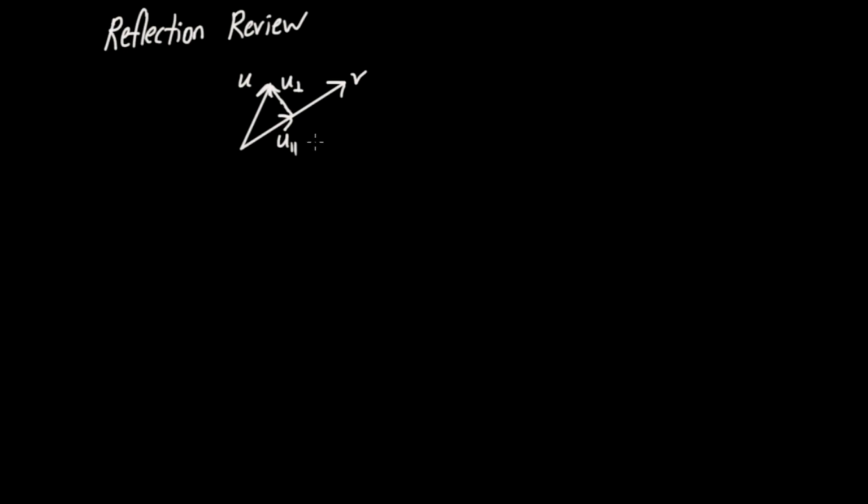Now, when I do the reflection, I'm going to keep this vector u parallel the same, and then I'm going to negate u perp. I'm going to draw it over there. That's going to be the negative of u perp. And then I sum the two vectors u parallel and minus u perp to generate the newly reflected vector,